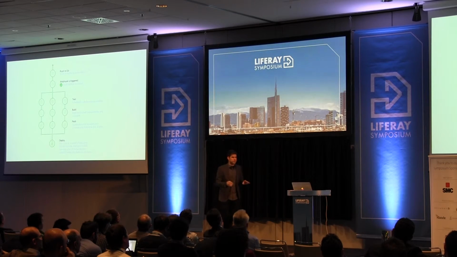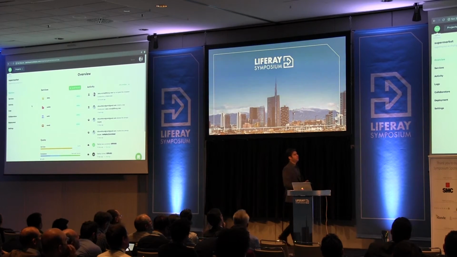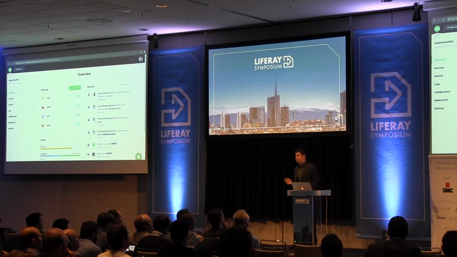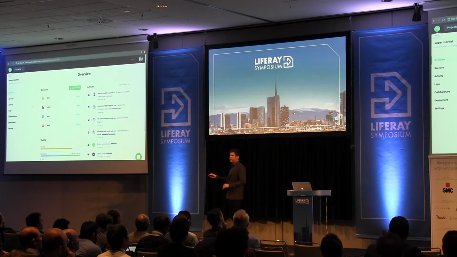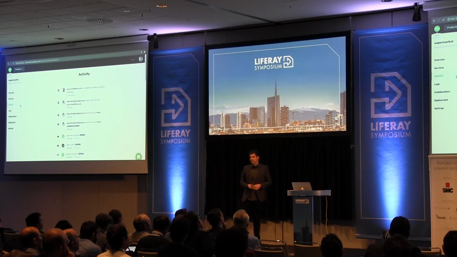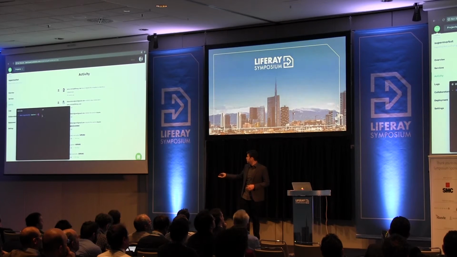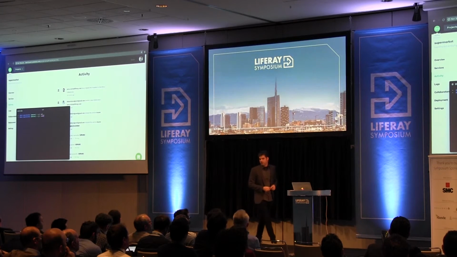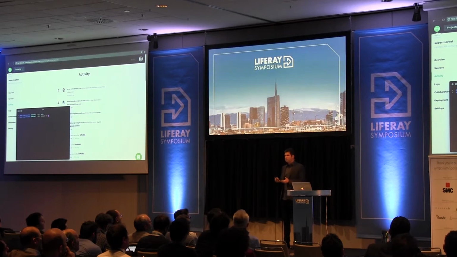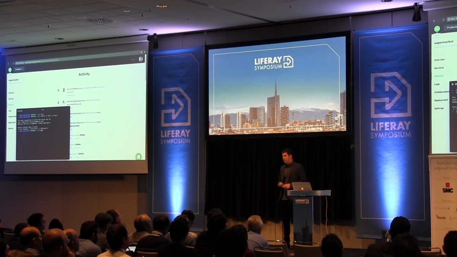Okay, let me show you this in a better way. This is an example of the supermarket application. I called my developer and say, hey, I need a change now in the supermarket app. I need to change the title. What he needs to do? He goes to the activity to see what's going on, because I can know what people pushed and everything. I can do my change in my code. So I add my change to GitHub. If you are used to GitHub, it's basically doing some changes. It's a pretty normal flow for developers. Then you push to our Git server. We deploy master. Every project has a Git server embedded.